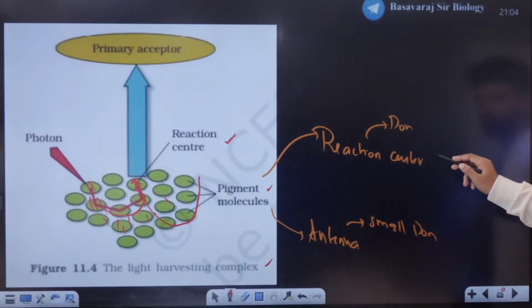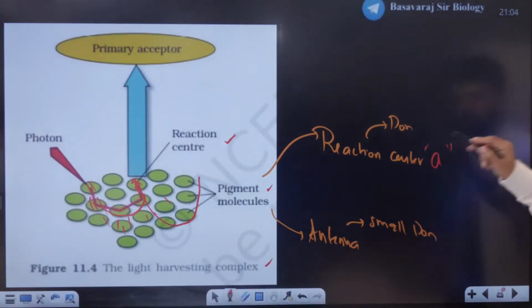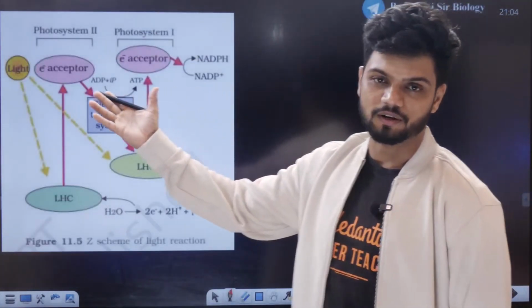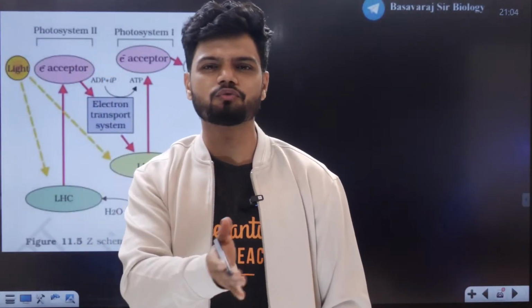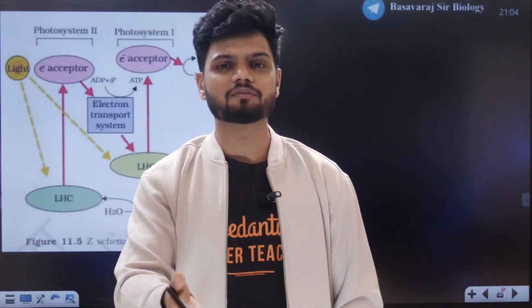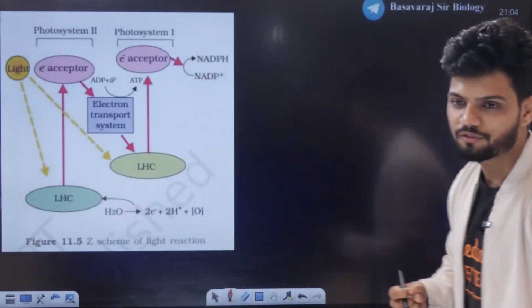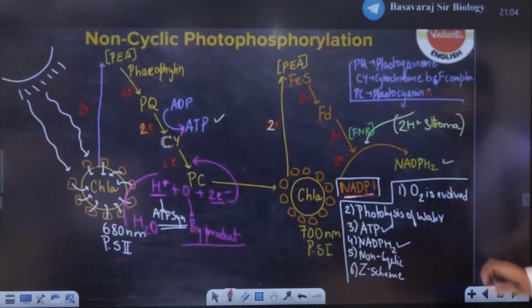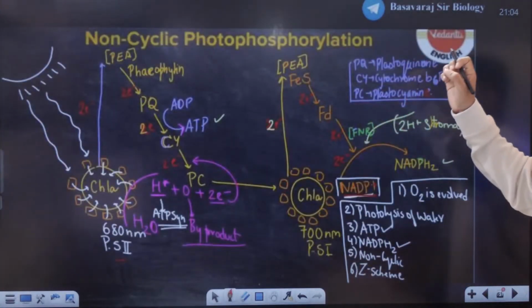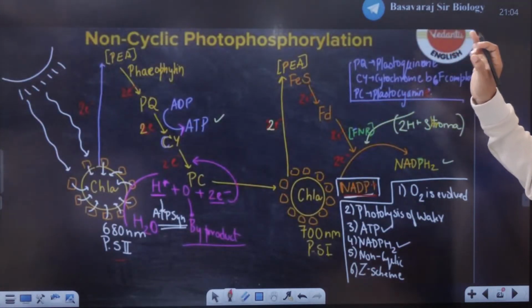So this is the chlorophyll A. Chlorophyll A is the reaction center. Now here is a typical example of non-cyclic photophosphorylation, but I'll give you a better diagram from my side. This is my diagram which I've shown you many times, and this is the most important and